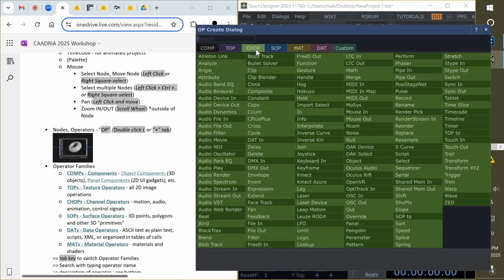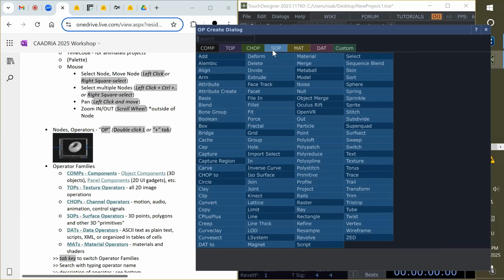And CHOP is channel operators. So if we use some motion or audio or animation stuff, we're gonna use here. And SOP is the surface operators. So if we use some 3D points or polygons and 3D primitives, all available here.